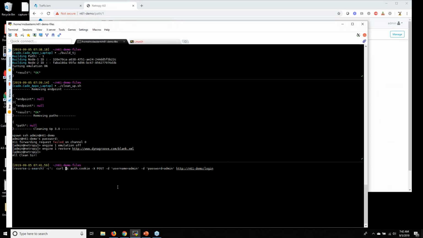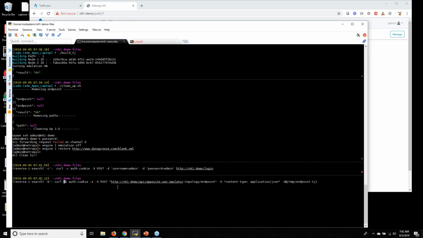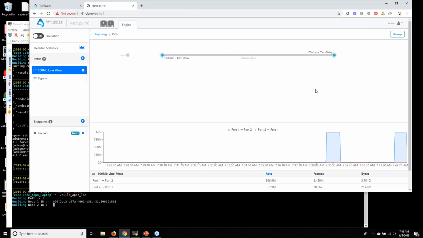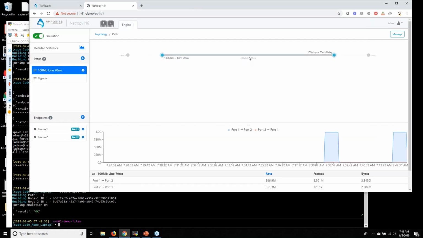So just to give you an idea of what a typical API command looks like. Actually, let's rebuild. So here's another network that I'm going to quickly build. This is the 2 Linux boxes that I was doing before.